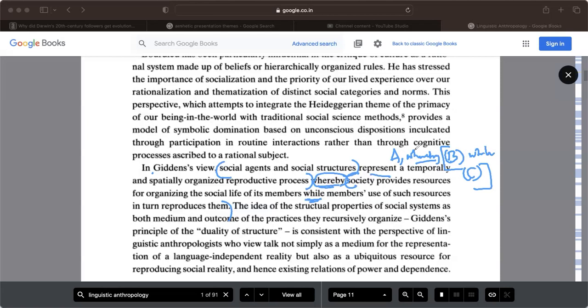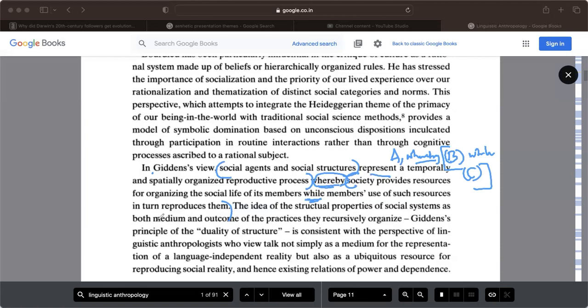The reproductive process where society provides resources for organizing the social life of its members. Okay, so members socialize, and the society is giving them the resources they need to socialize and organize a social life. The society is basically the immediate world around us. And while members are getting this benefit from society to organize their social life, they are using those resources,